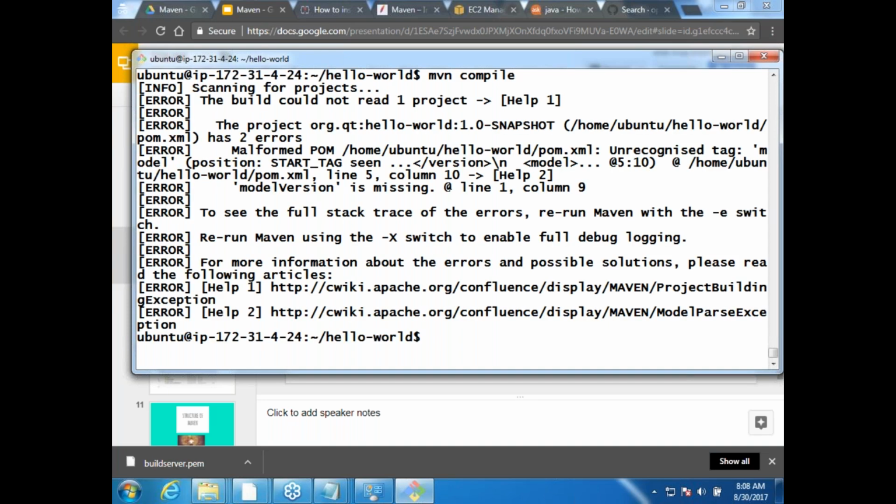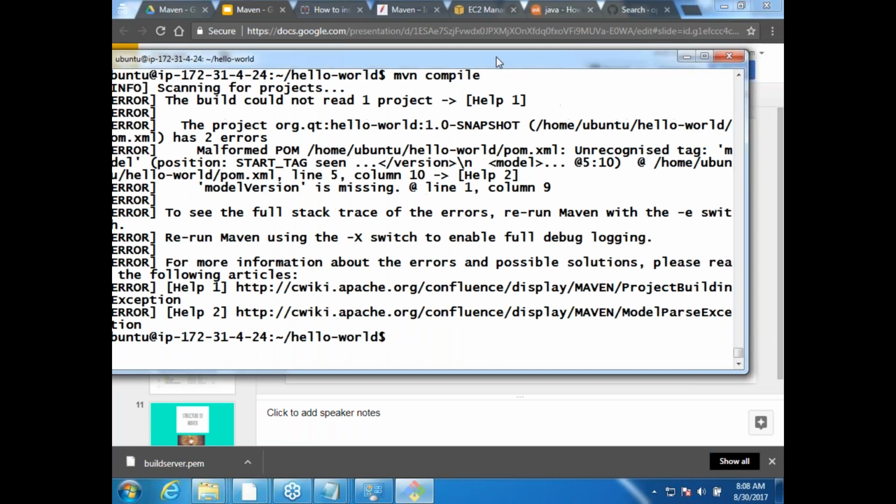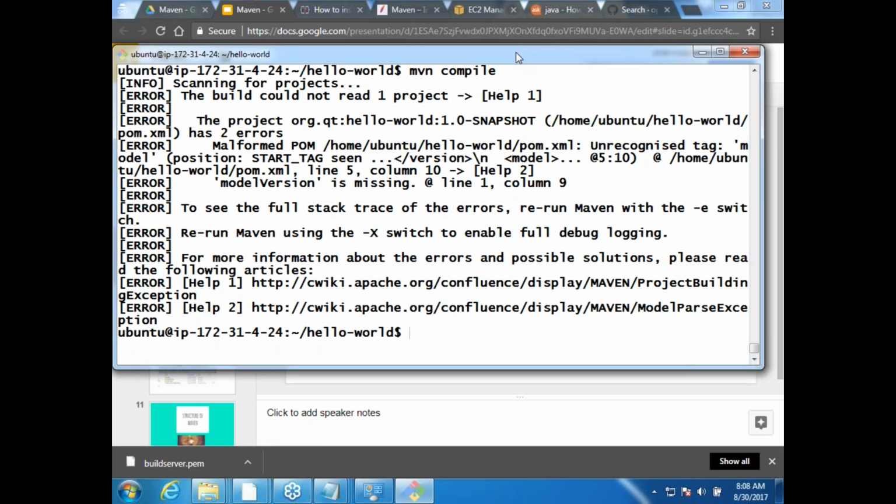Now what does it say? Malformed pom XML, unrecognized tag. What is it? Model version, is it?